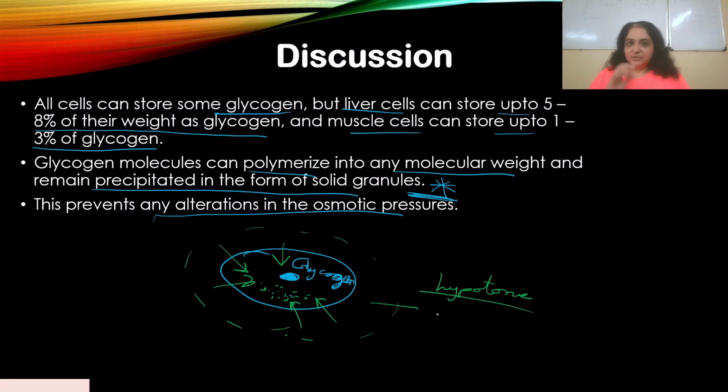Now this is just an example, just to help you understand. The glycogen is not like this, but how it would alter the osmotic changes, osmotic pressures, if it was present in the dissolved state. So nature has designed it in such a way that it is present in the solid granular form, it remains in the precipitated form. Just imagine if glycogen was actually in dissolved state, it would create chaos. It would create havoc in the whole system. We won't have a balanced system. The whole body or nature as such is designed to always be present in a balanced state. We always want homeostasis. Just remember that. All right, so clear? We move on to the next question.